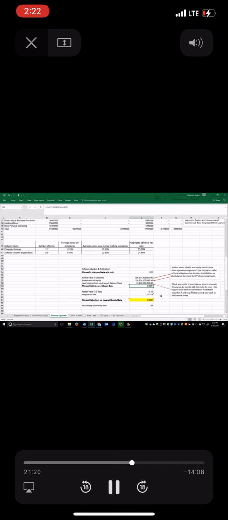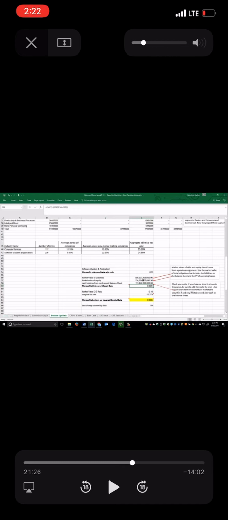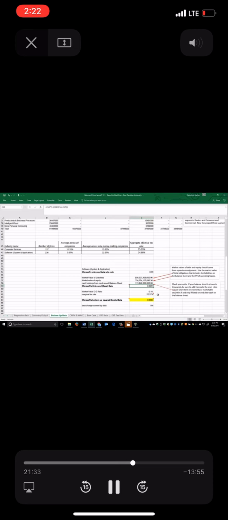And for that, we need the debt equity ratio, for that, our market values of debt and equity. And we need our firm's marginal tax rate. And for this, we are also going to go to Damodaran's website. And so back I go